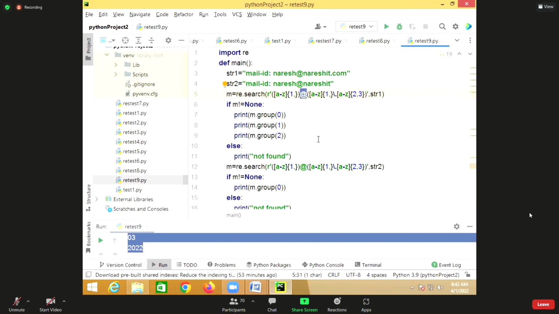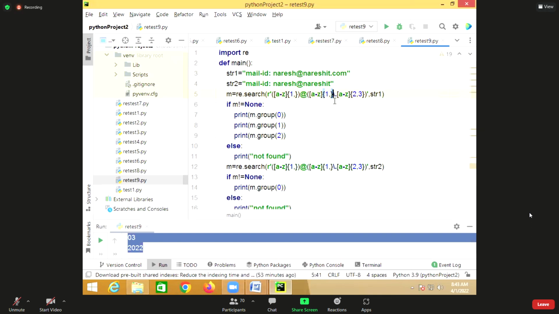Followed by the at sign, and followed by again A to Z, minimum 1, maximum any number. Then followed by a dot. But actually dot has a special meaning: any character. But I want to search for a literal dot, so you have to use backslash dot.